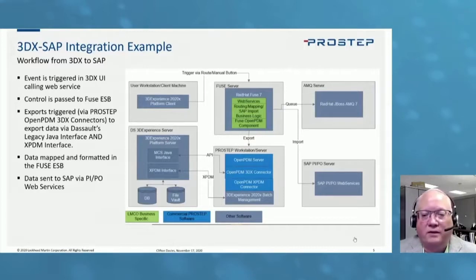The control is then passed to the Fuse server, which has the Lockheed-specific business logic. It then triggers the exports using the PROSTEP 3DX connectors to use the various Dassault mechanisms, such as XPDM, their Java interface, to pull, in this particular case, the information out of the manufacturing part of the data model of 3DX, the MID, et cetera, and pull that into Fuse to perform the operations.